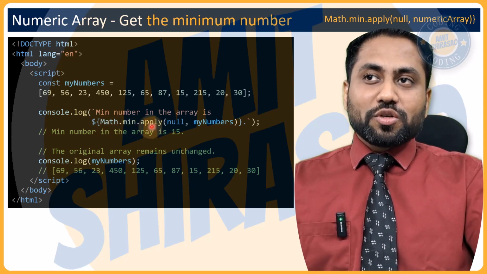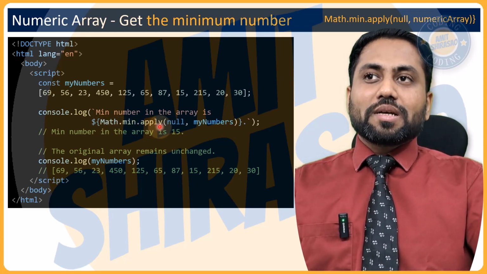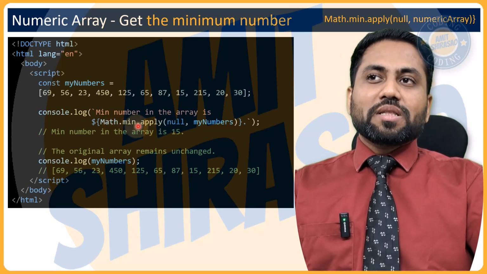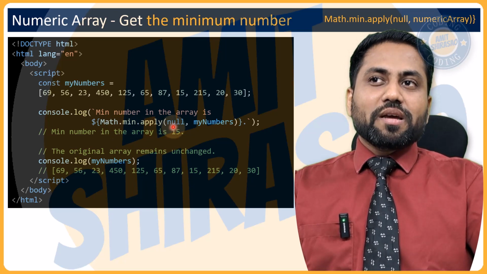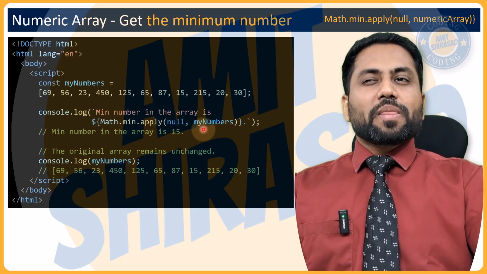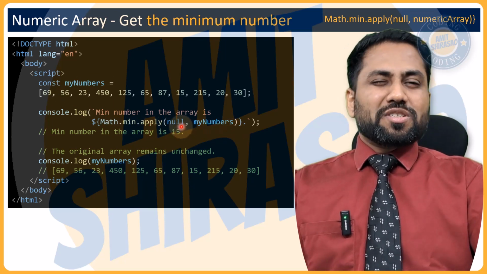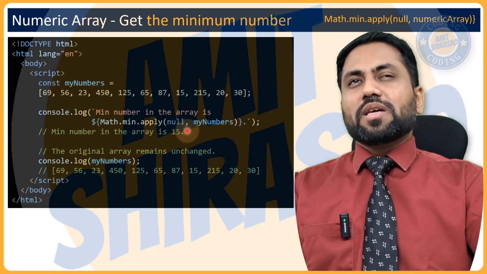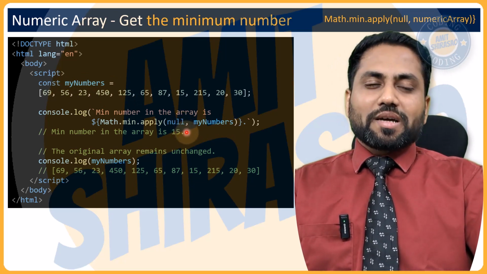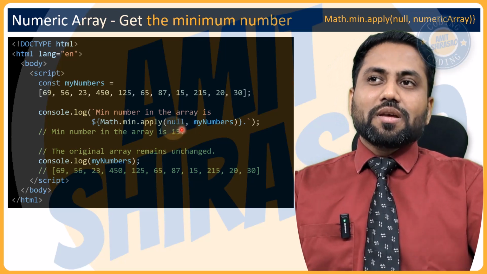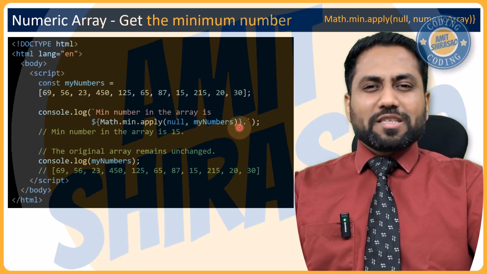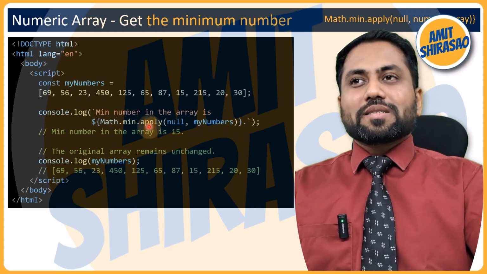Math.min.apply. If you don't use this apply, then it doesn't give the right result. For the time being, just remember that you have to say Math.min.apply, and here you should give null and the array. So just remember it for the moment. Why we are using null, I don't think I'll be creating a video on this, but at least you should know this much,